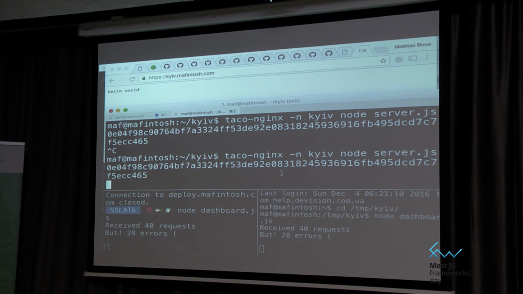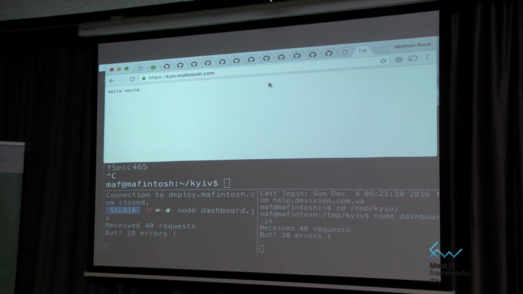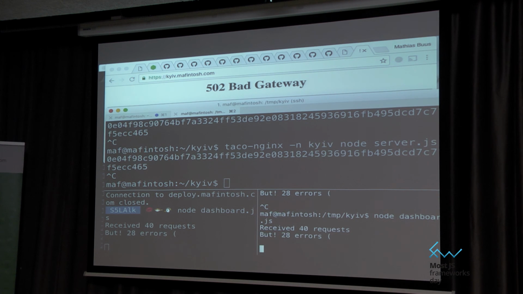So even if I turn off the server, so now the server is turned off, I can still run the dashboard because it just replicates from this other person down here, right? So you can even still analyze your logs even though everything is turned off, which is kind of nice.